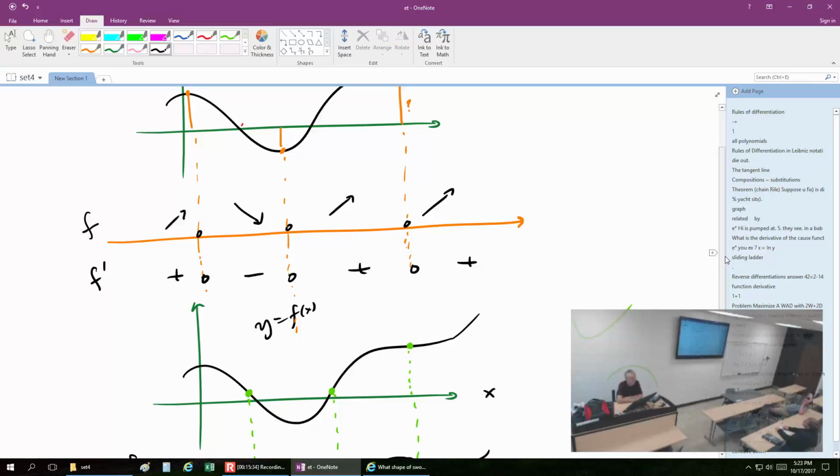Going from left to right, let me first say that these are called the inflection points. That's where the concavity changes. So if we move from left to right, then we have a maximum point, inflection point, minimum point, inflection point,